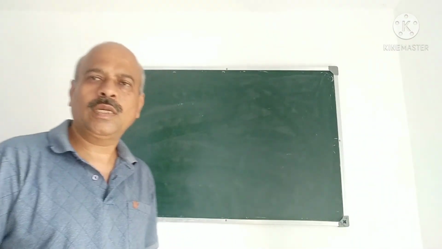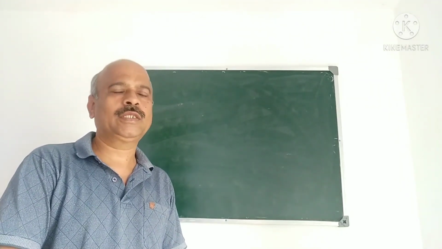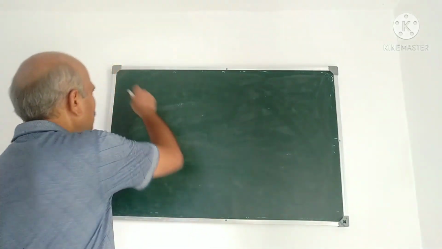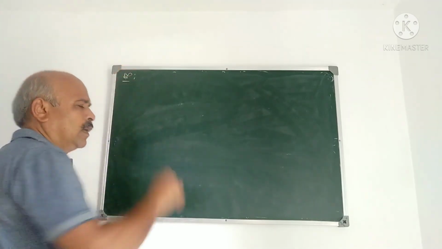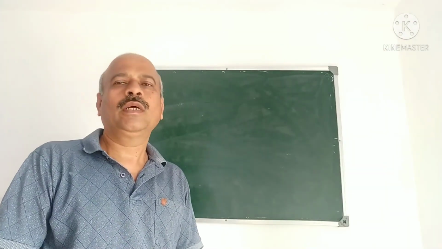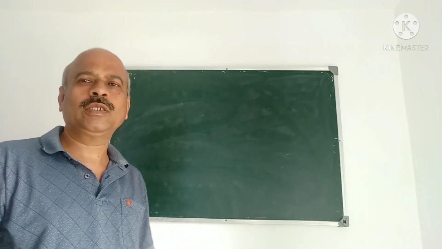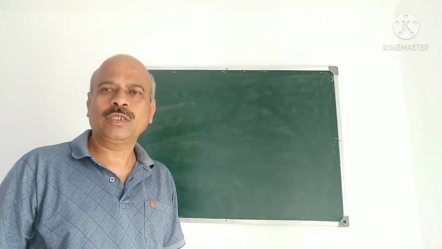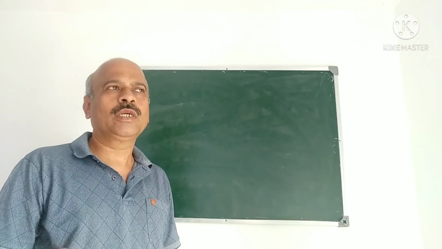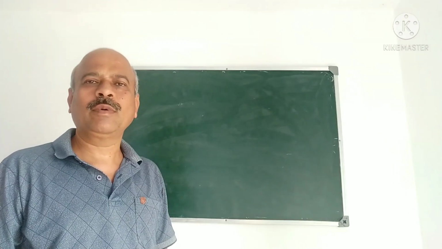Dear students, let us consider some more examples on the first topic, that is radial and transverse velocities and accelerations. As I already told, there are two types of problems. First type: the equation of the curve is given in polar form, because radial and transverse components mean components of velocity and acceleration in polar coordinates, and you have to find the velocities and accelerations.